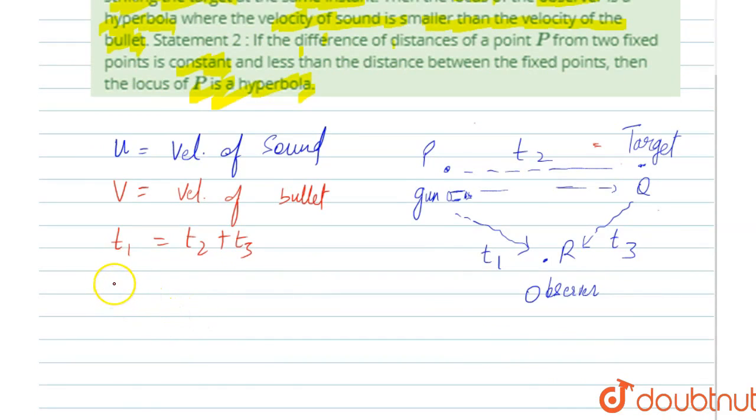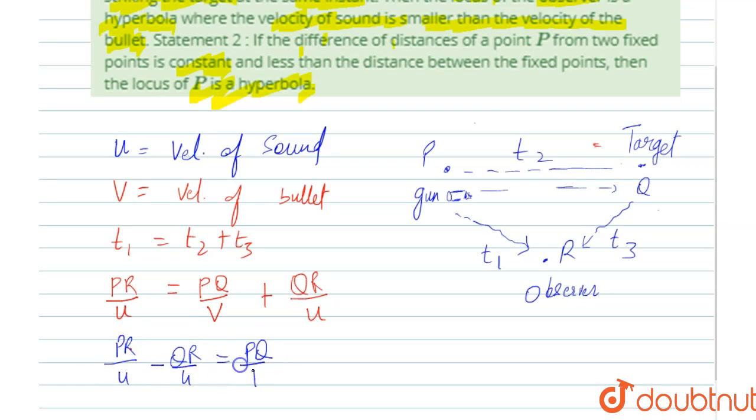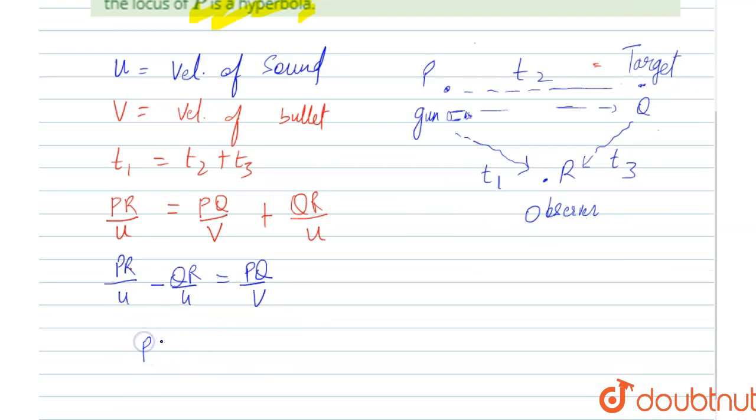Time is equal to distance upon speed, so T1 is PR upon U, and for T2 the distance is PQ and the velocity is V, and for T3 the distance is QR and the velocity is U. Simplifying, we get PR upon U minus QR upon U equals PQ upon V. So PR minus QR equals U upon V into PQ, which is a constant,